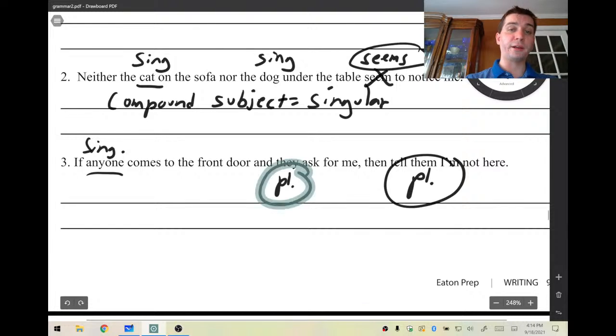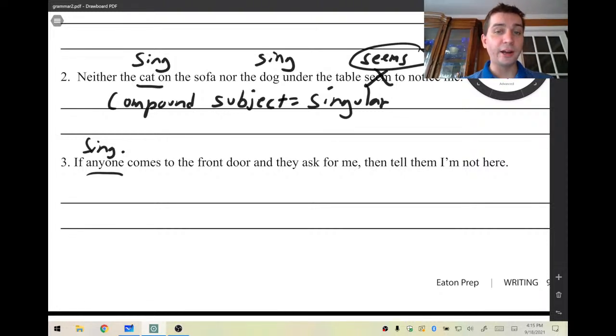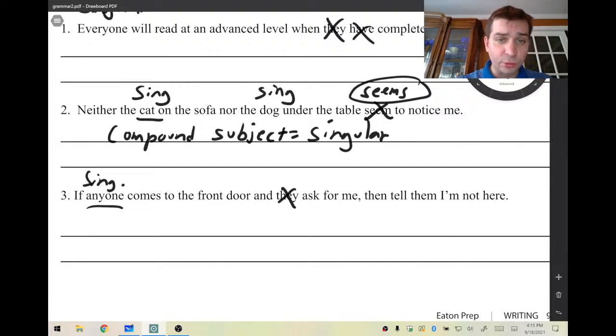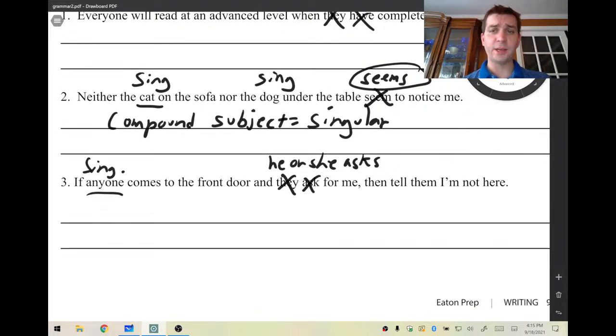So I need singular pronouns to refer back to my singular indefinite pronoun. So let's pick some singular pronouns that would work. I don't need a they here. Do I know the gender of anyone? Of course not. So I have to use both. It's nice to use both when you don't know the gender. If anyone comes to the front door and he or she, singular subjects take singular verb forms, asks for me, not ask. If anyone comes to the front door and he or she asks for me, then tell,